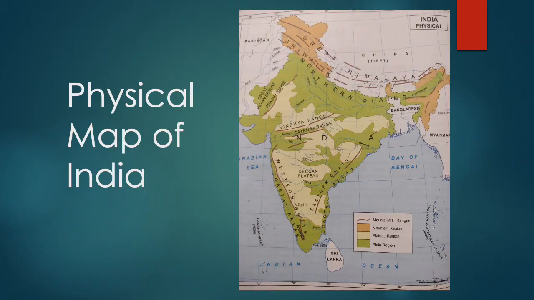This one is the picture of the physical map of India, and as you can see, there is a box which is called the key, and it shows that wherever we find brown color in the map, that is mountain region. Wherever we find yellow areas, those are plateau region, and the green ones are plain region. And water, you see, is shown in blue color. So you will learn about the importance of colors later in the lesson. Okay, so remember this map.